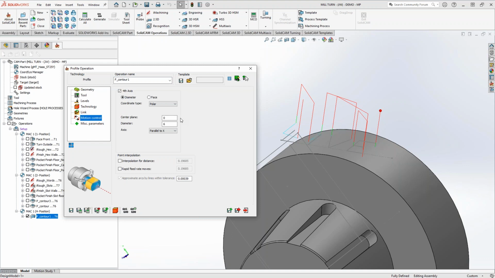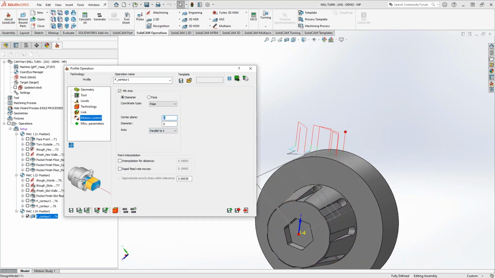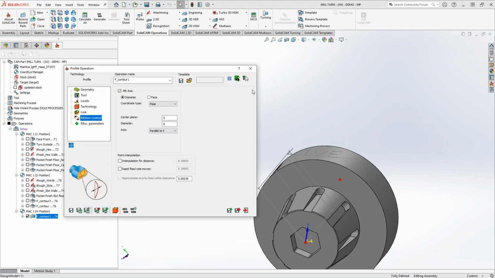Now, what I would do here is I'd plug in the values. Since this is a mill turn machine and my center plane is the Z equals 0 plane, I'll leave it at 0. The diameter that we want to work on, well, we know that was around 3 inches in radius, so that means a diameter of 6. And what axis we want to wrap around is still the x-axis. So that's that guy right there. By turning this on and setting all this up, do a save and calculate, we should see